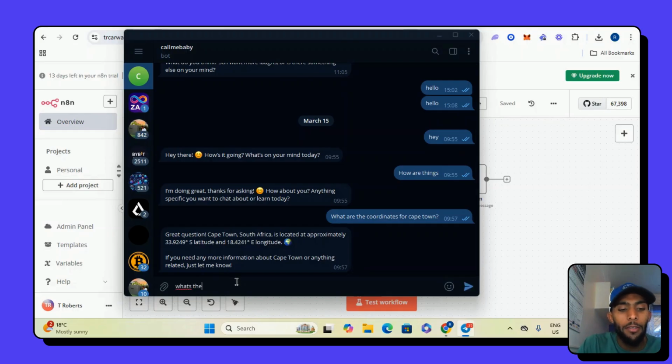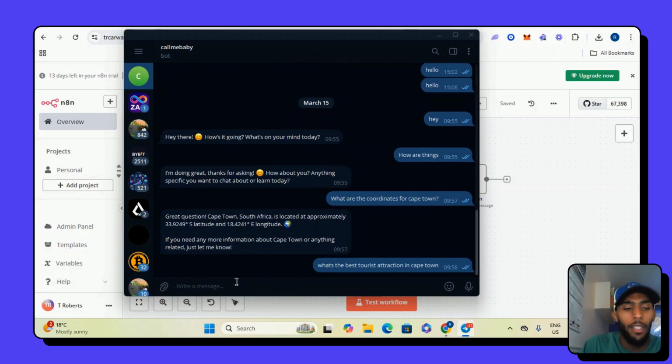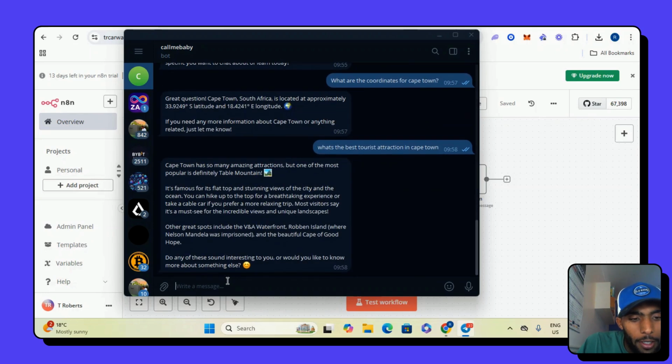What's the best tourist attraction in Cape Town? Let's see. Cape Town has so many amazing attractions, but one of the most popular is definitely Table Mountain. So true. So in today's step-by-step tutorial, we're going to be building this chatbot. So yeah, let's get into it.